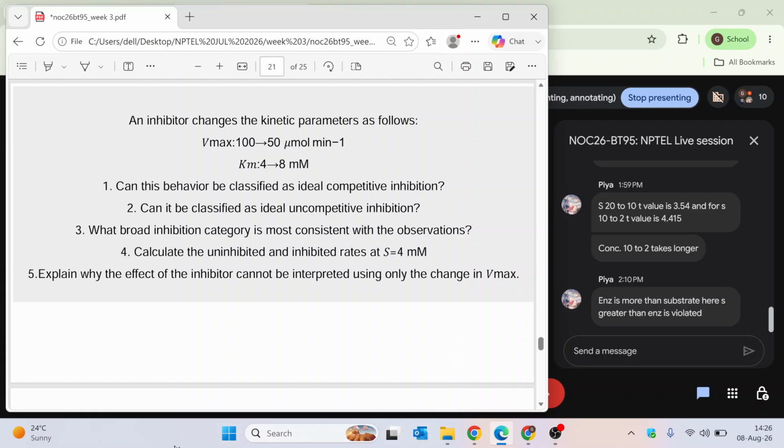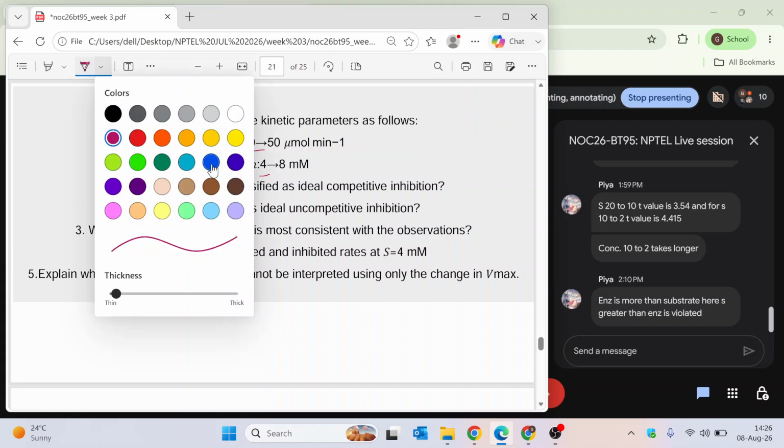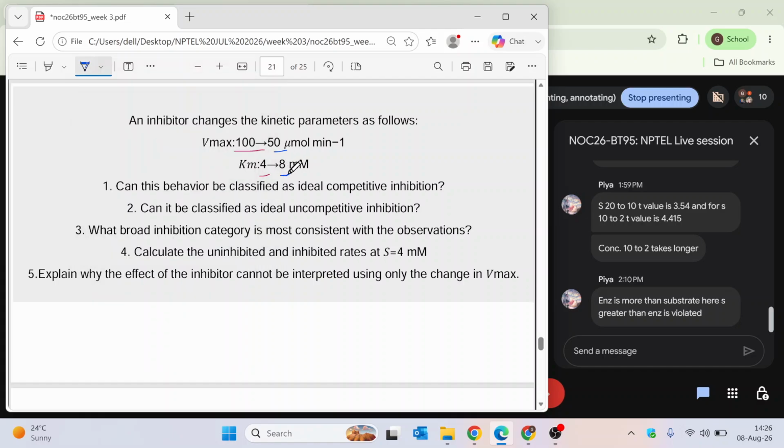So at uninhibited, you will use this, and for inhibition you will use these two factors. So when you do that, you will find that uninhibited rate is 50